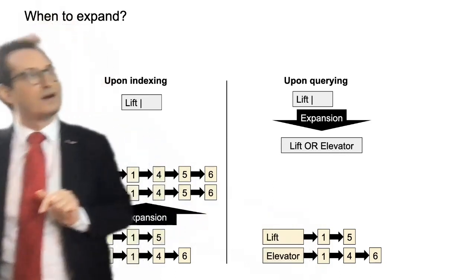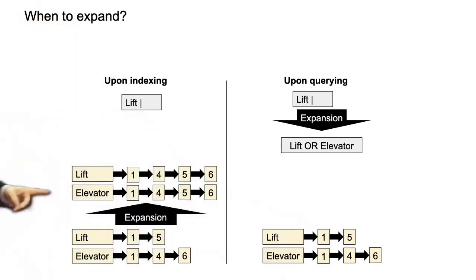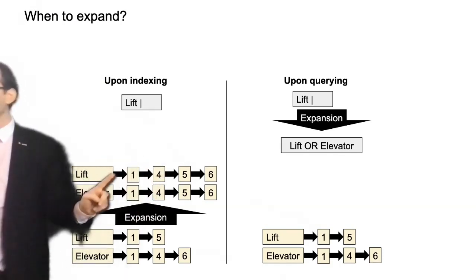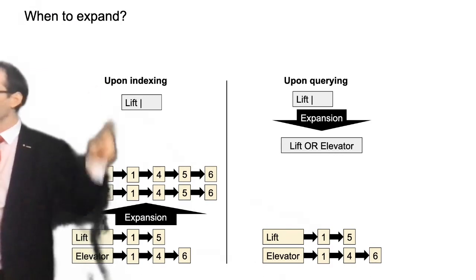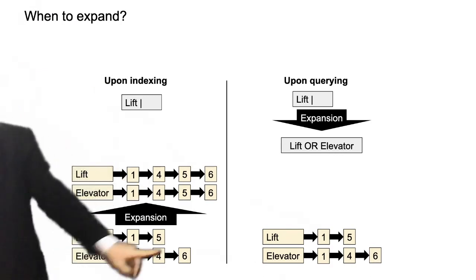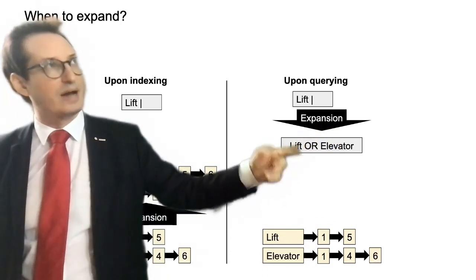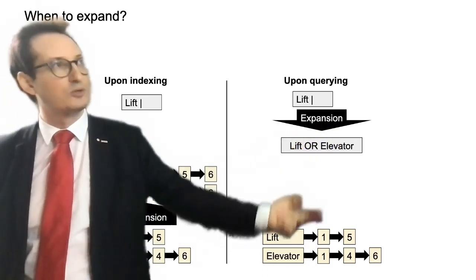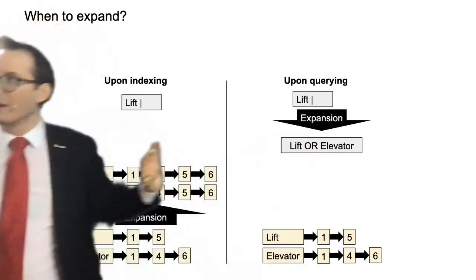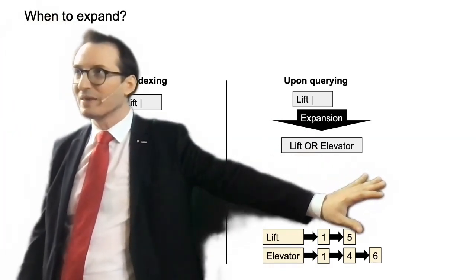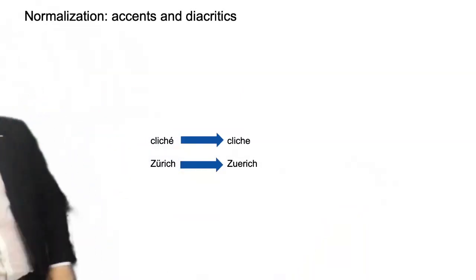So here, you surely understand that this takes more space, right? Because you need to actually materialize an index with more postings. This takes more space, but it's faster. Here, it takes less space, but it's slower because dynamically at runtime, you need to actually do more work, right? More space, more time. For whom is that clear? All right, and I don't need to ask the question.